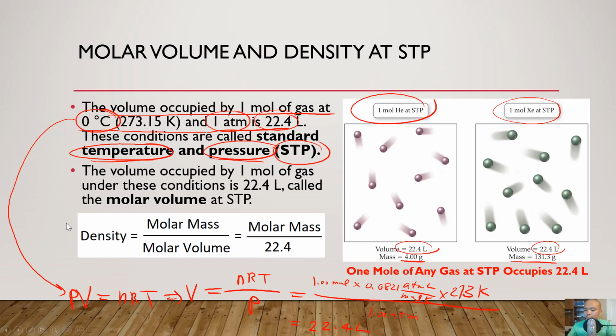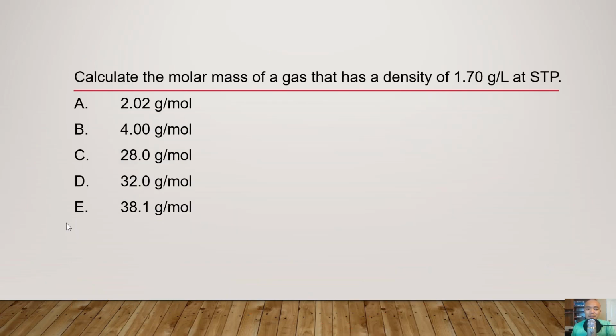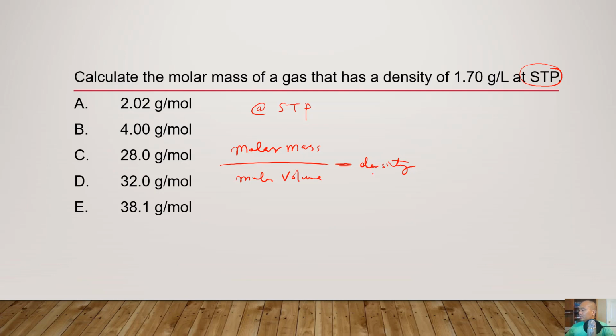Let's look at one example. Calculate the molar mass of a gas that has a density of 1.70 grams per liter at standard temperature and pressure. Under standard temperature and pressure, the molar mass over molar volume will give us density. Molar mass is unknown. Molar volume is 22.4. Density is known. So we can calculate molar mass,